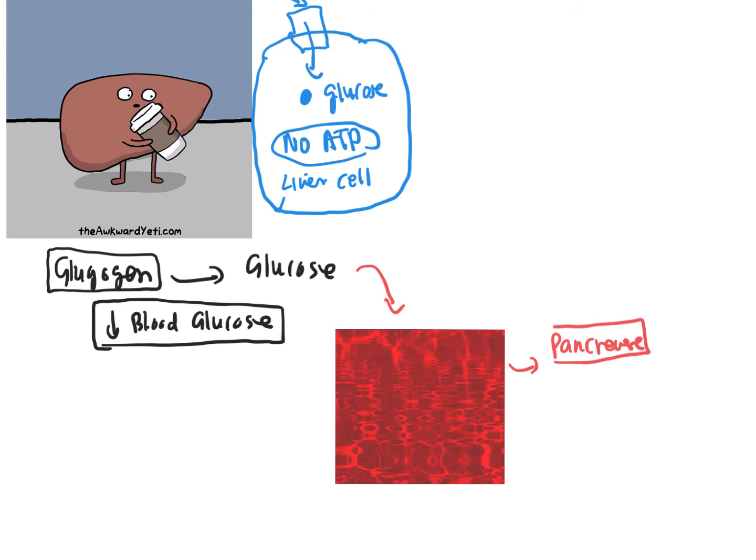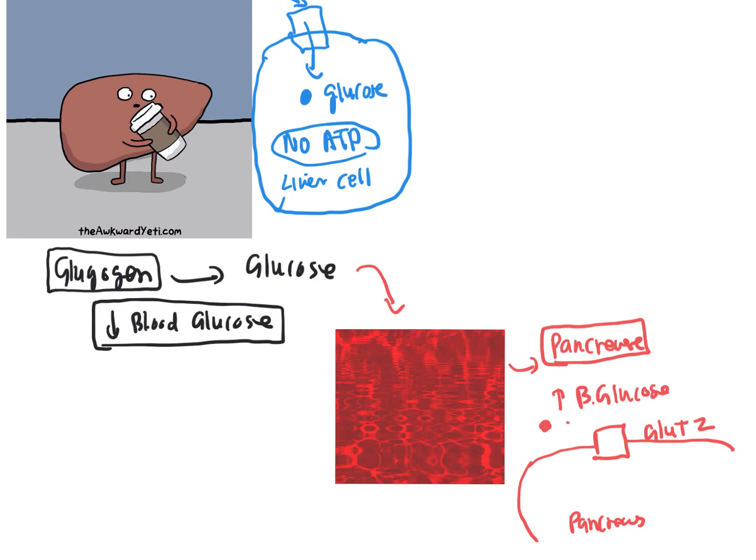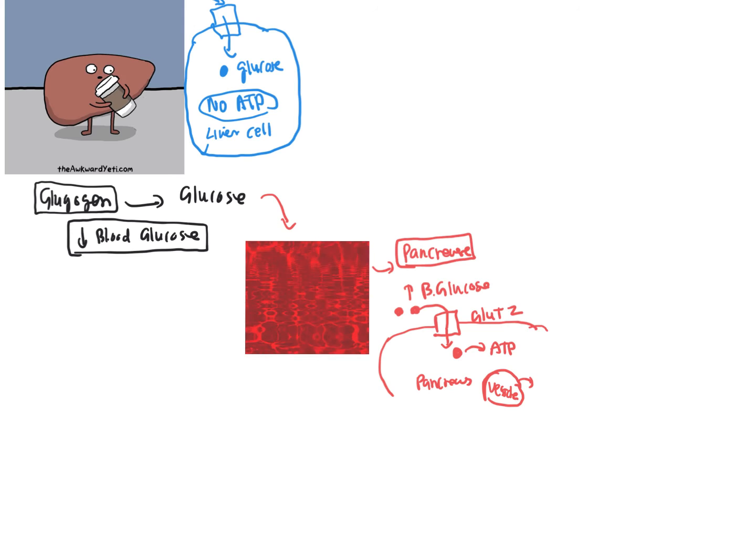When there is an increased amount of blood glucose present, the GLUT2 receptor, note it is the same receptor which was present in the liver cells, the same GLUT2 receptors from the pancreatic cells bring the excess glucose into the cell, and that excess glucose produces ATP, which ultimately causes the release of the vesicles of the beta cells in the pancreas, and these vesicles contain insulin, and insulin, which we have seen,